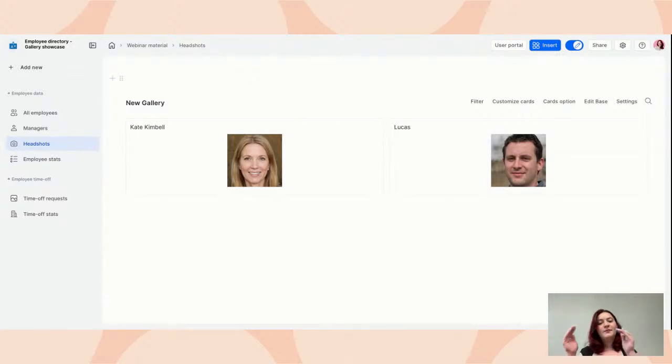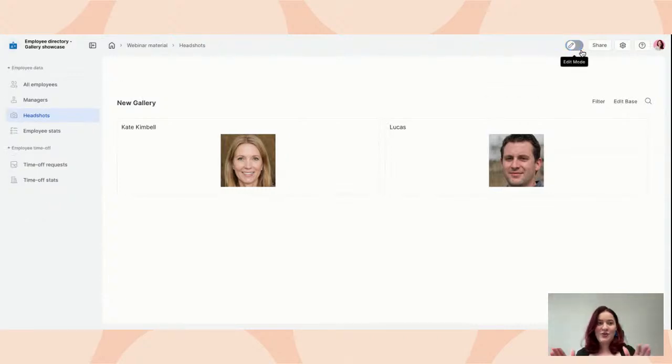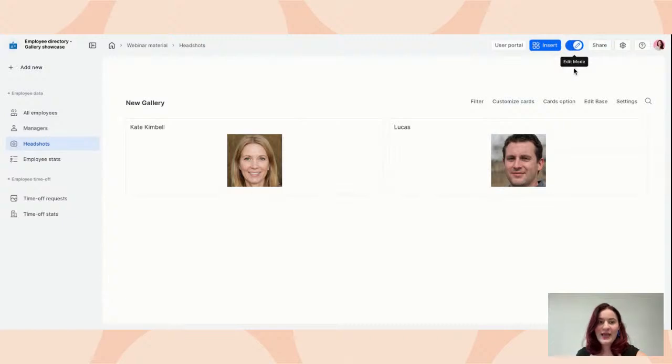You can have the file upload field in your form, and they can upload, or you can upload your employees' headshots, pictures, and when you display your gallery, you can also customize what else will be written on these cards. One thing, you have to enable the edit mode to be able to customize cards and have the different card options to filter.